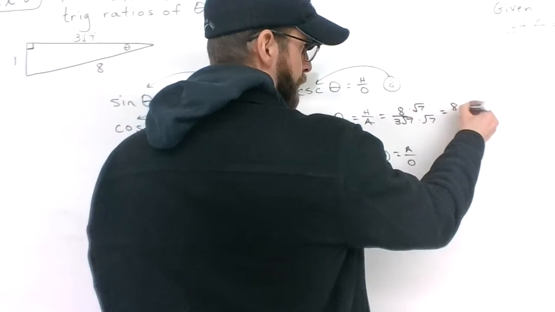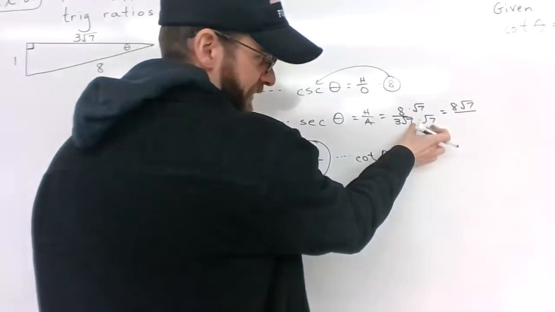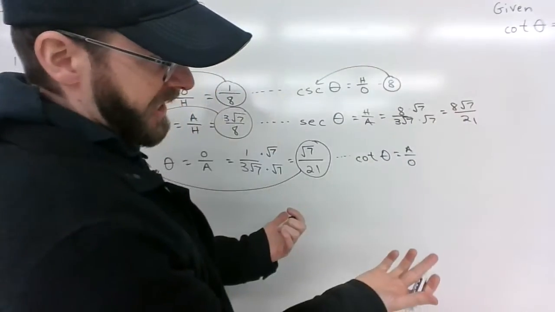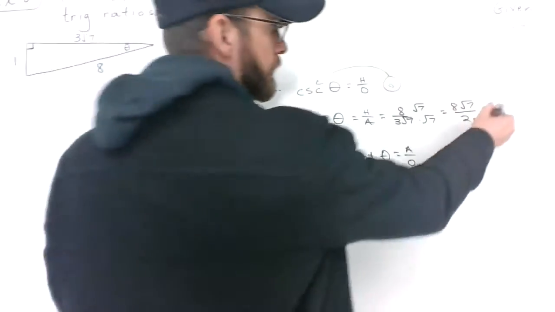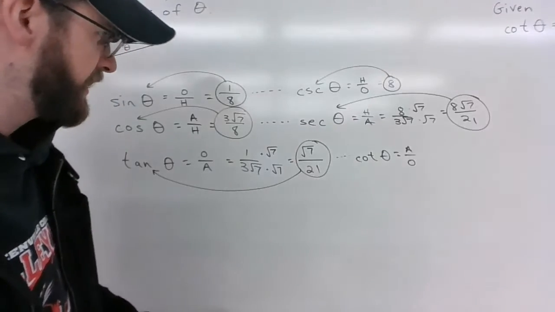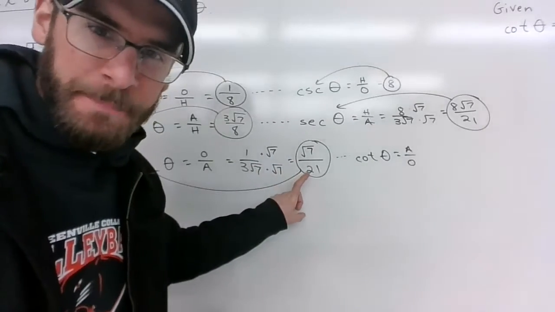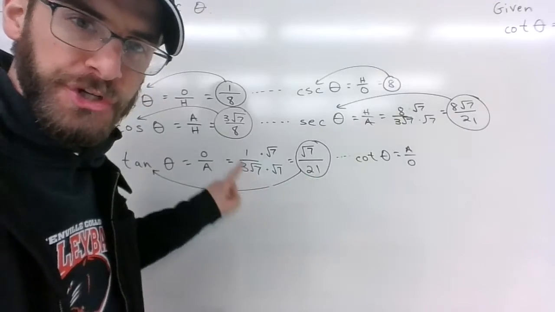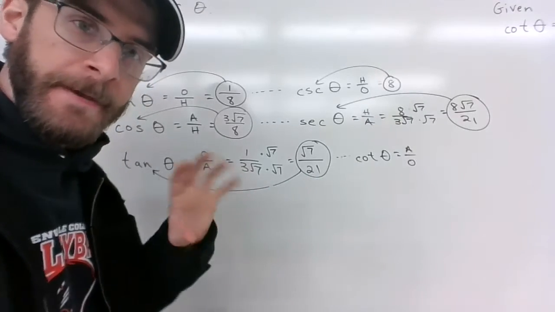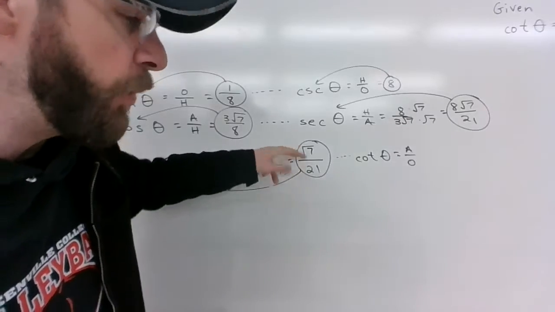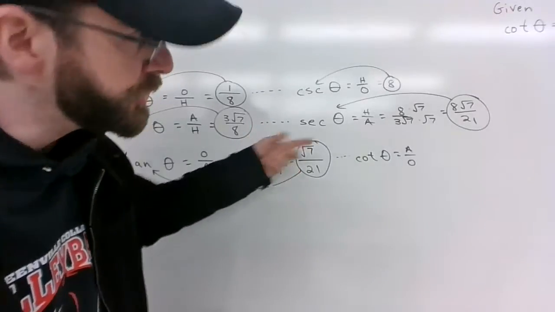So that's going to be 8 root 7 over 7 times 3, 21. There's no simplification with 8 and 21. And then cotangent. You know what? Instead of flipping this, I'm going to go back and flip the original, opposite over adjacent. Here's why. If I were to flip this, I'd get 21 over root 7, requiring me to do this